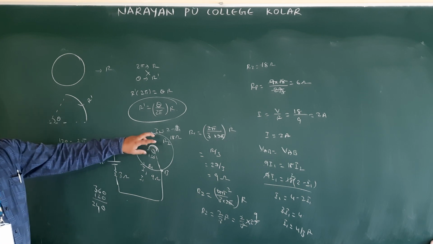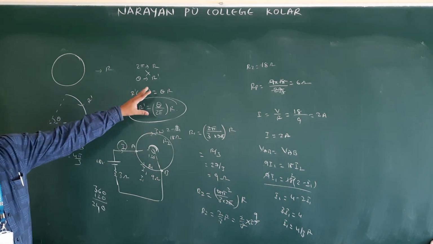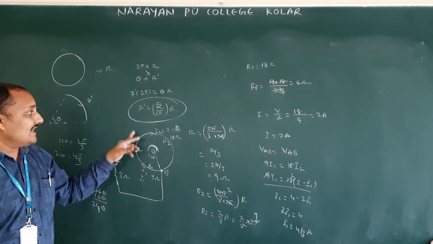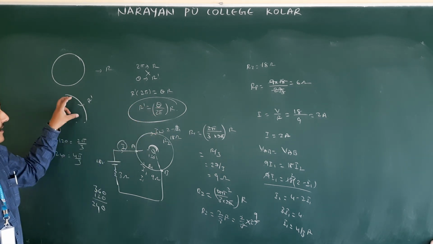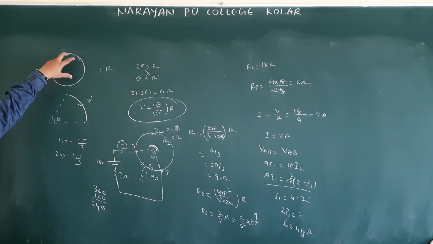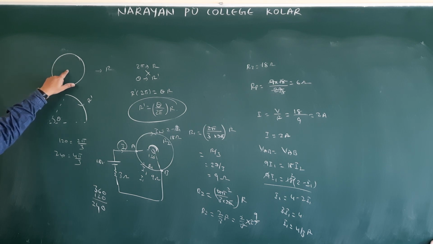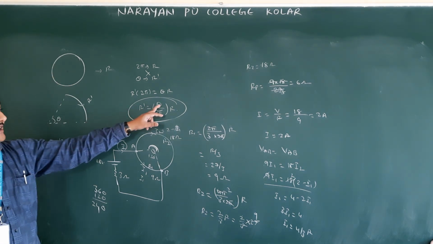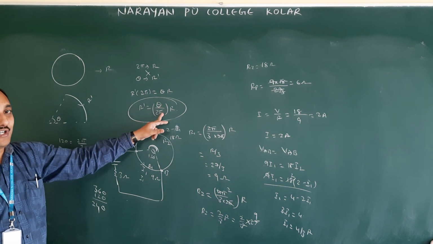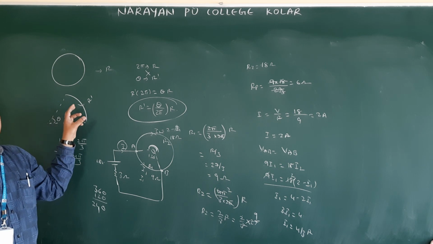This is one concept that we didn't get in that example or anywhere, therefore I just discussed it. So the resistance of an R. This one we got in the moving charges and magnetism lesson also. For a complete current carrying conductor, in a circular path at the center, B is equal to mu naught I by 2 R. For an arc you got theta by 2 pi into some B value. Same like that, theta by 2 pi you should remember for any R resistance value.